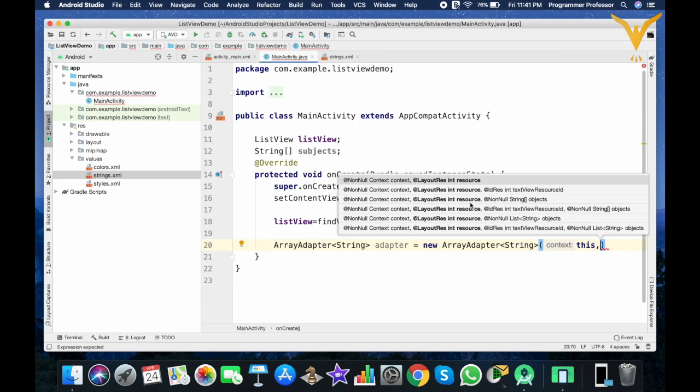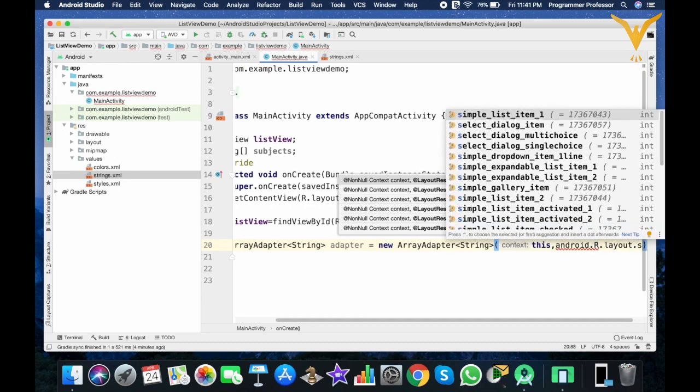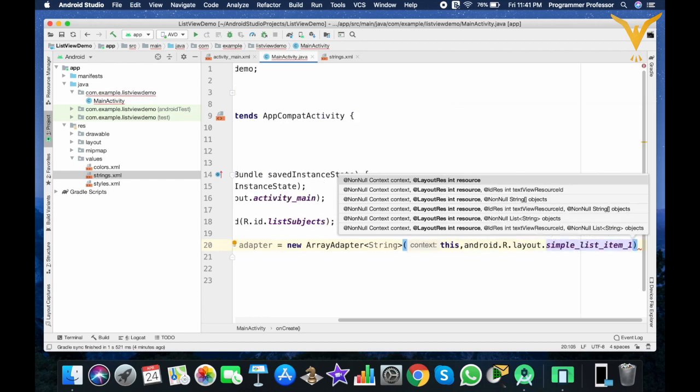Then we need to add a layout file, as we are implementing a standard layout, so we'll use android.R.layout.simple_list_item_1, and in that list we will display one subject name which is in string format, so it will act as one text view.